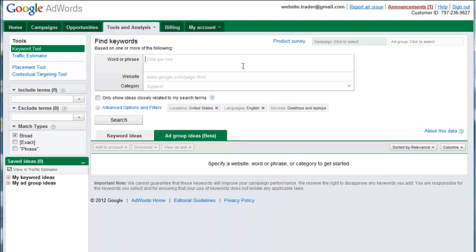We're going to go ahead and give you a walkthrough real quick of how we use the Google AdWords external keyword tool to make our money online. So let's go ahead and pick a random keyword. Let's say our keyword for this is going to be leather wallets. So we're going to go ahead and go to exact, and as you can see,